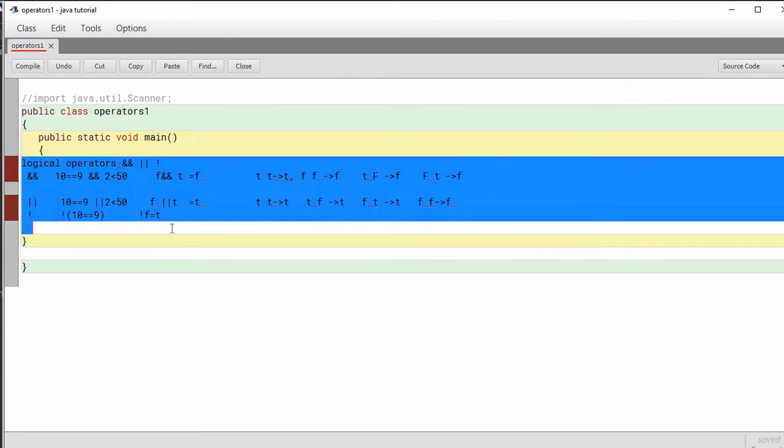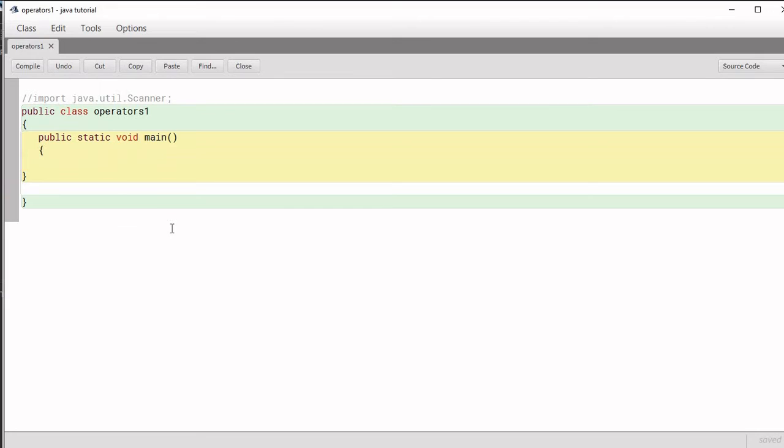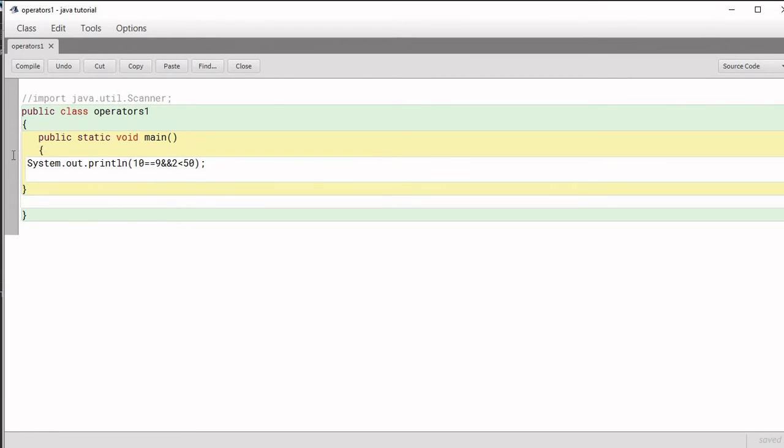So we can take one example also. System.out.println, and we can put this example: 10 is equal to 9 and 2 is less than 50. The result of a logical operator is also always either true or false.